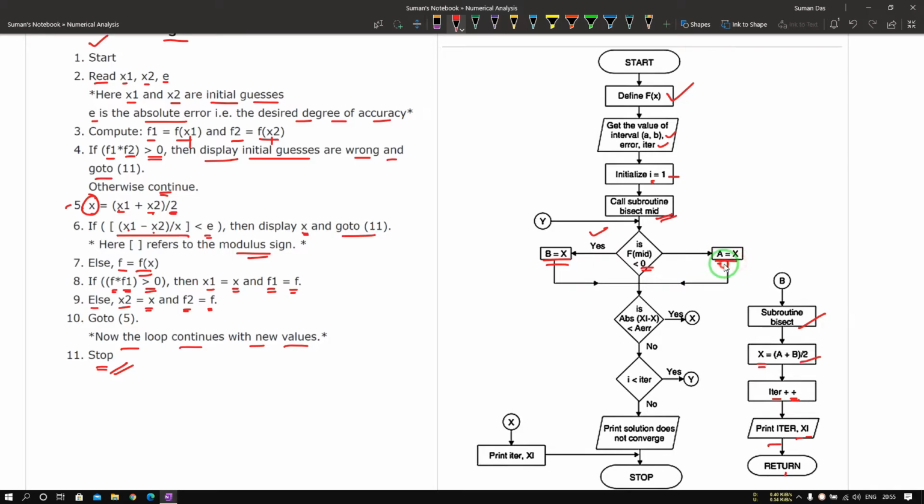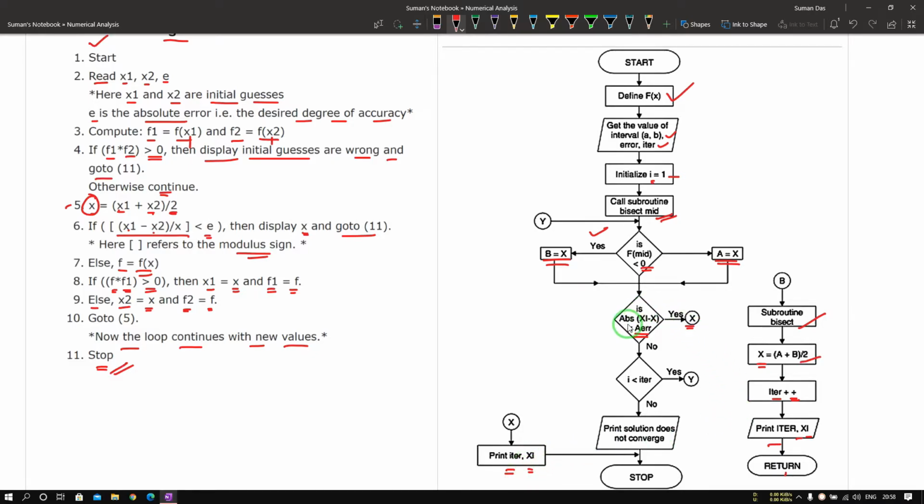Otherwise, a = x. Finally, we check whether the absolute value of x1 - x is less than the error or not. If that is yes, then we proceed to the end, where we print the iteration value and x1.